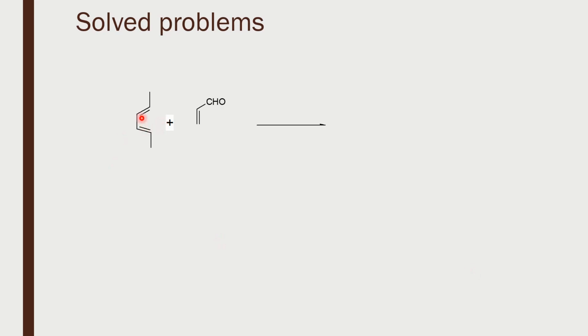So suppose you have to write down the product of the reaction of this diene with acrolein. Now first thing is you know that it is going to give a 6-membered cyclohexene derivative. Then you should remember that these two substituents which are coming out in the diene will be alpha in the product. It is going to be a 1,2 product, and it is going to be an endo product. So the CHO has to be going below the plane. So this is going to be the structure of the product. The outside groups are going below or alpha, and the CHO is an endo approach.